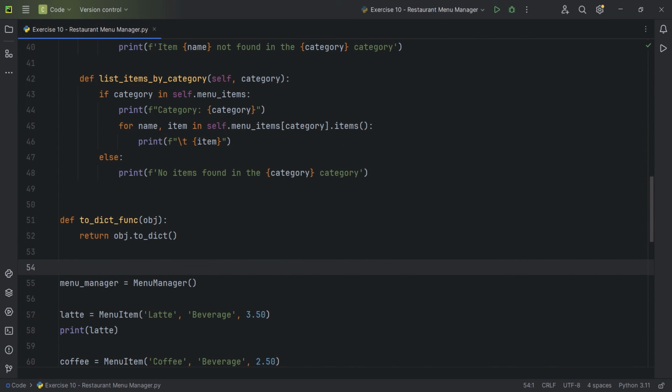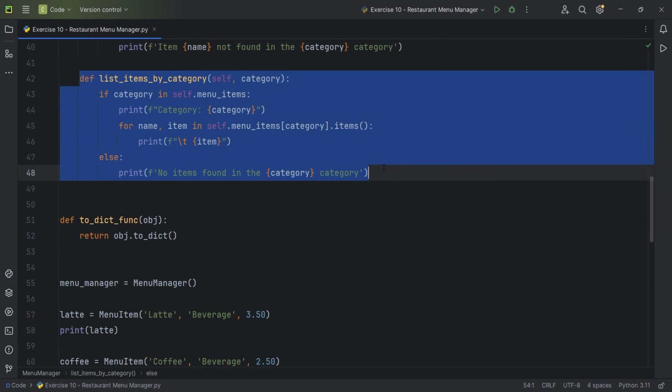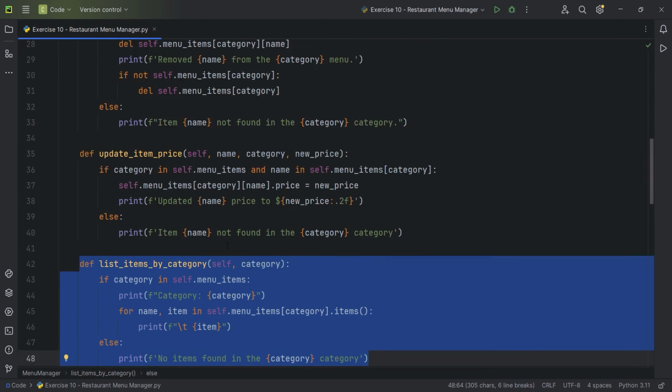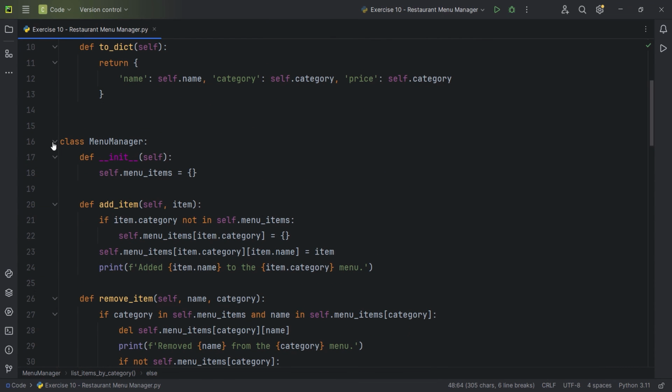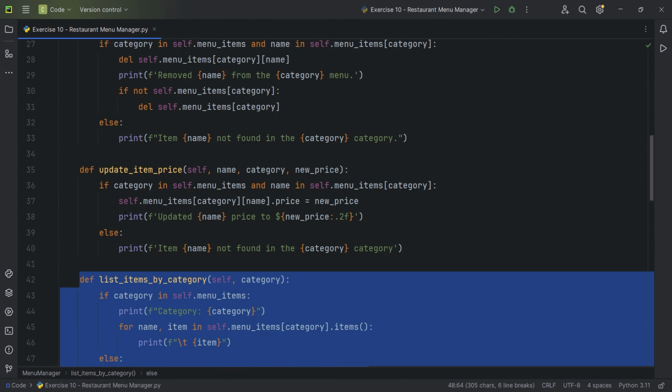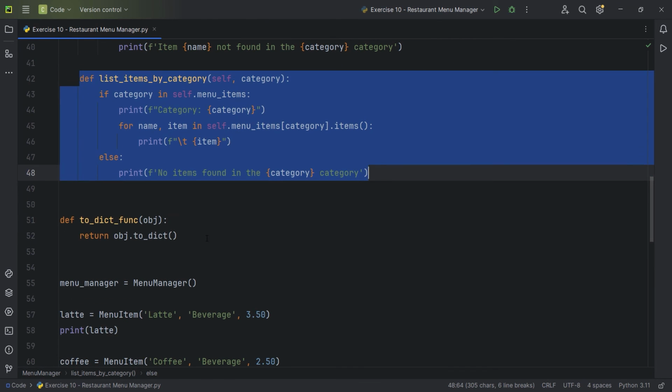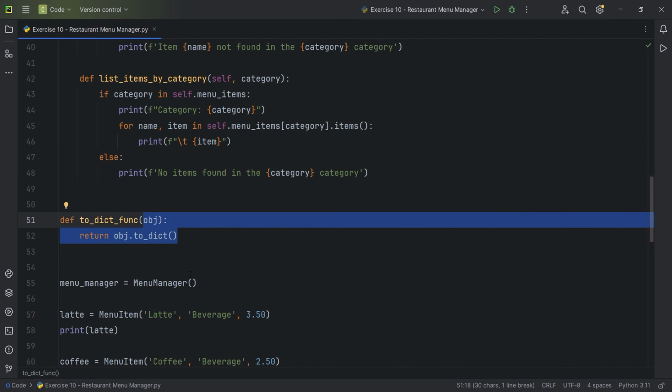Okay, and this is our function. Now, what's the difference between a function and a method? It's that a function that is inside of a class is called a method. And if you don't know why that is the case, you need to go watch the functions video and the object-oriented programming video. So here we have a function named toDictFunc, and it takes in a single parameter